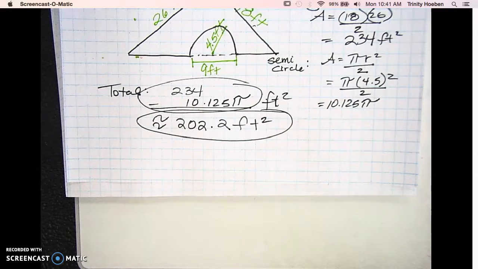All right. Any questions on example number 1 or example